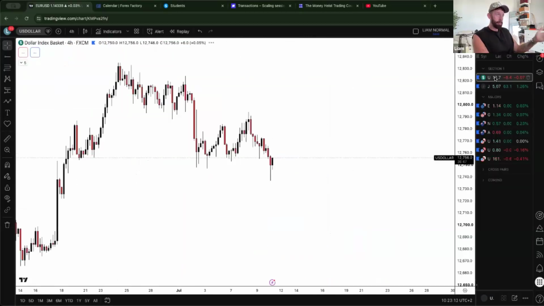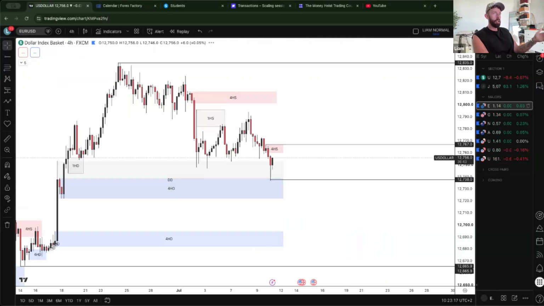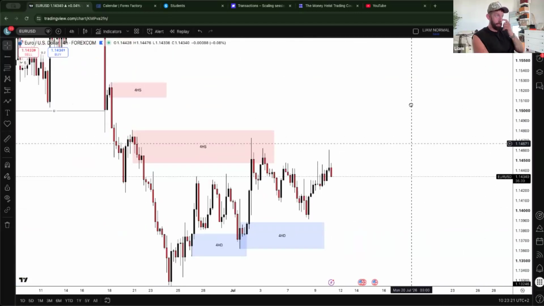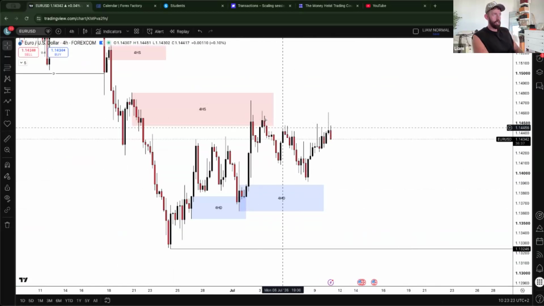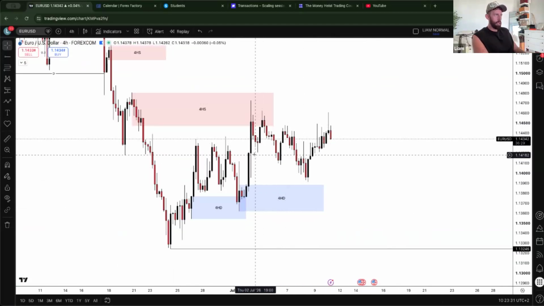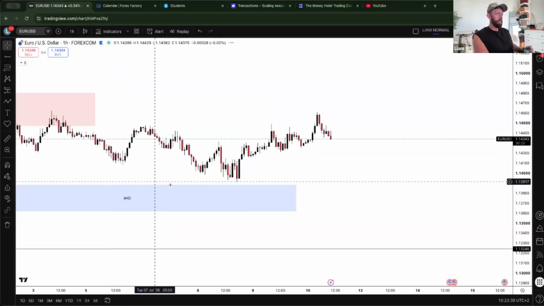Because if we look at the dollar, you can see we've got a reaction from this 4 hour demand. Now I look at Euro USD and I can't see anything. I'm not going to lie and say from a 4 hour perspective I can see something clear here, because everything seems pretty corrective and clear, with no imbalances and no zones that have not been mitigated. So that's when I'll start to look at the 1 hour to see if we have any clear zones on the 1 hour.